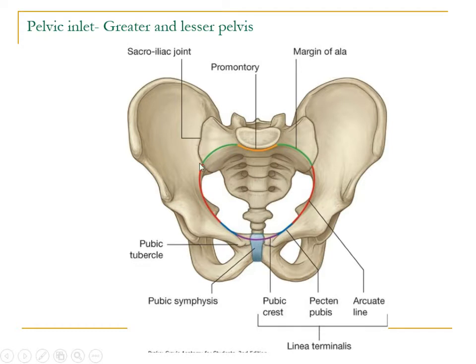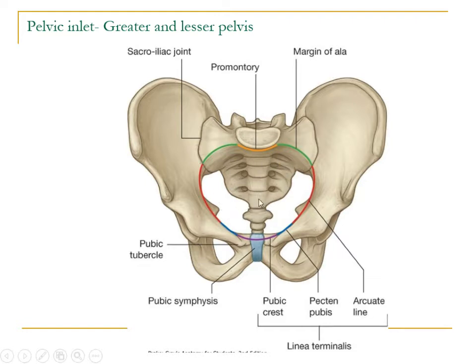So this, combined with the other side of the hip bone, forms a rim-like structure which is known as the pelvic inlet. So the sacral promontory in the midline, the margin of the wing on the lateral side, and the linea terminalis on either side are joined with the similar components of the opposite side to make a rim-like structure, which is the pelvic inlet. So this pelvic inlet divides the cavity of the pelvis into two different regions.